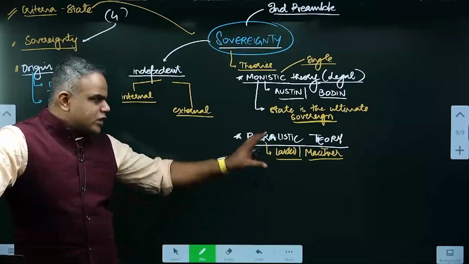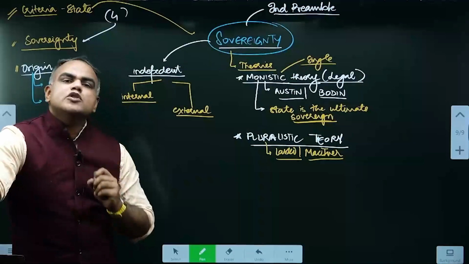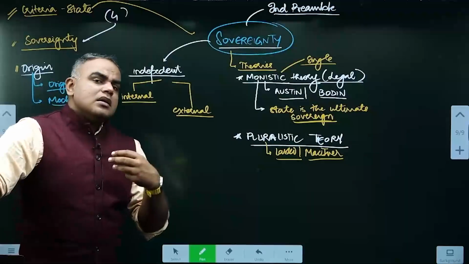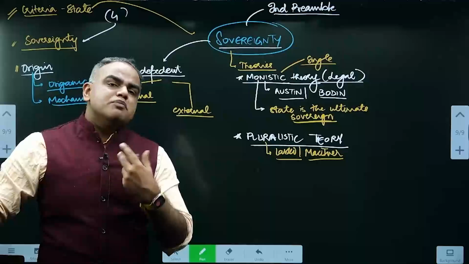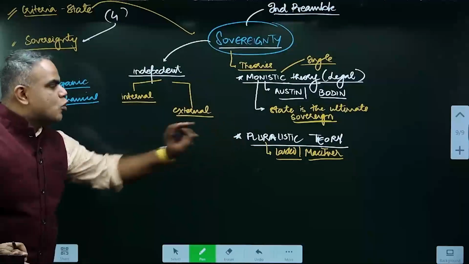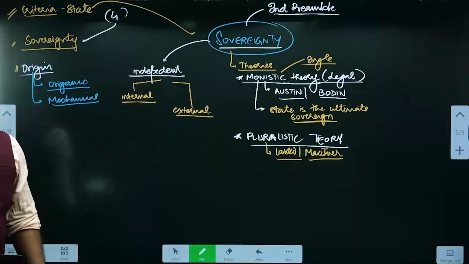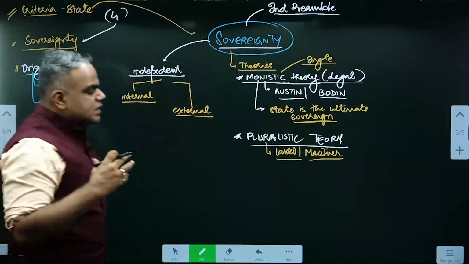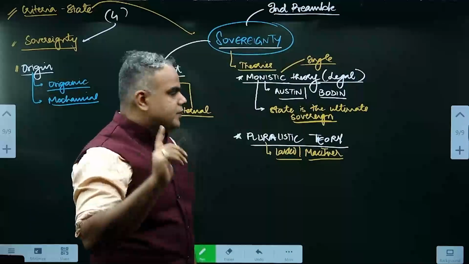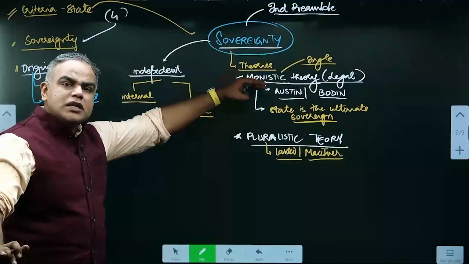So what they say is, man has multiple needs. The state cannot meet all the needs of a man. So to say that all the power, all the utility, all the importance only lies with the state may not be most accurate and most correct. That is their core point. So the pluralists want to say that sole responsibility should not be given to the state. Right? One. Another argument also happens that if you give too much power to the state,